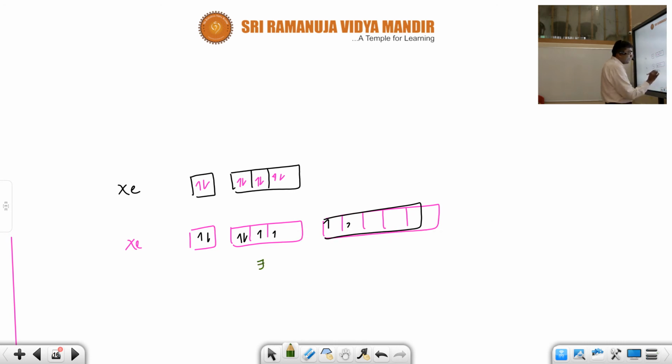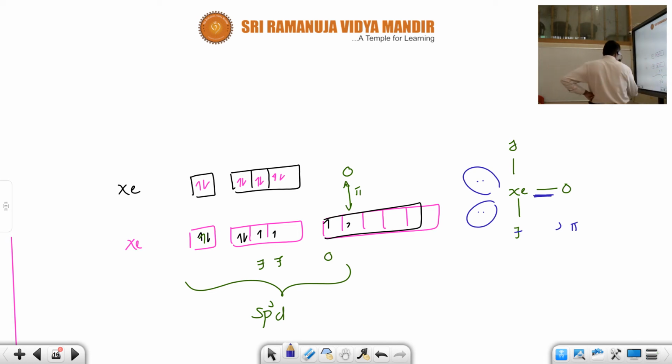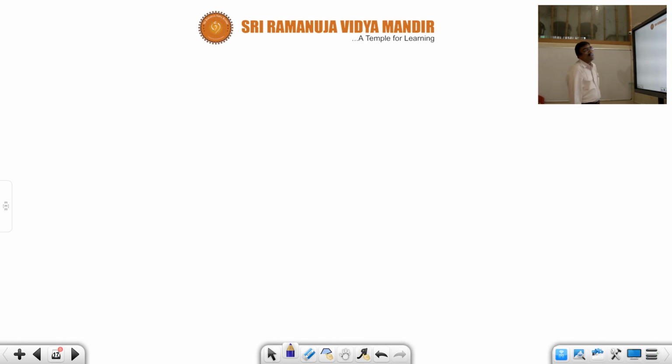See, one fluorine is forming 1 sigma, the other fluorine is forming 1 sigma, oxygen is forming 1 sigma. But this oxygen is also forming a pi bond. That's why the pi bond will not participate in hybridization. It forms sp3d hybridization. I hope you understood. So sp3d, that's why xenon with 1 oxygen, fluorine, fluorine. These are the 2 lone pairs. This is a pi bond and it will not participate in hybridization. I hope you understood. So this is how the student has to work very intelligently.